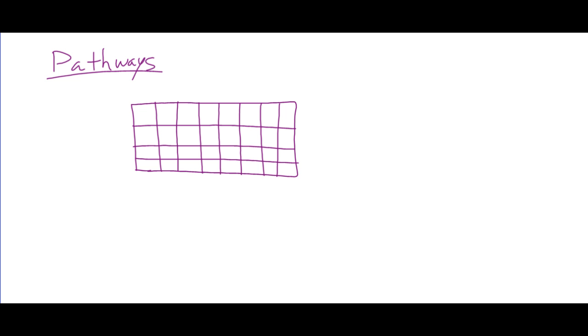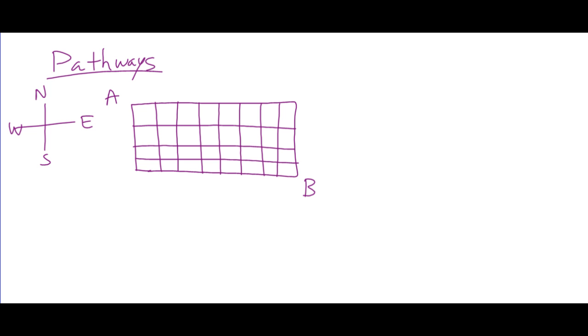So here's a grid of streets, and I want to go from A to B. If we think about our directions, we've got north, east, south, west. I don't want to backtrack either, right? I want to go from A to B, but I always need to get closer to B. So I can't just go down 3 blocks, then up a block, and then over. It's like you live in that apartment building at A,